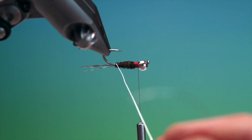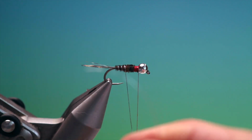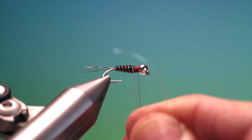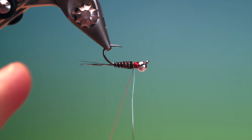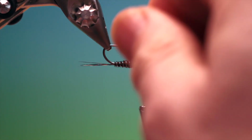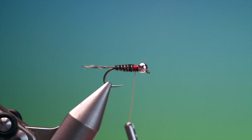And we can take our silver wire. Now we want to counter wrap this to give the body a little bit more strength. So just take your time, keep the wraps nice and even over the pheasant tail. Like so, that's absolutely perfect. And what we'll do, not to push the wire out the way, cross the wire once, lock off your tying thread like that, and then we can come back, lock off the wire, and then keeping tension on your tying thread, just remove that with friction and come back to there. Now we can go forward,